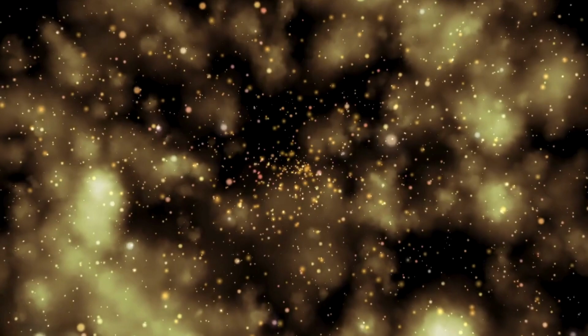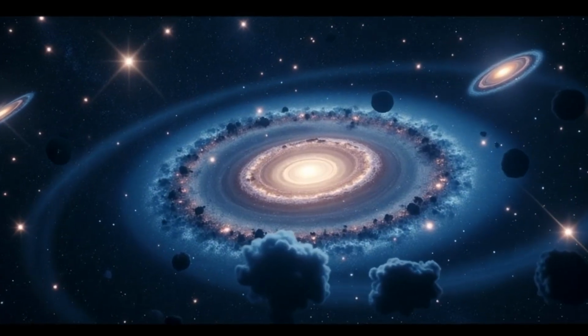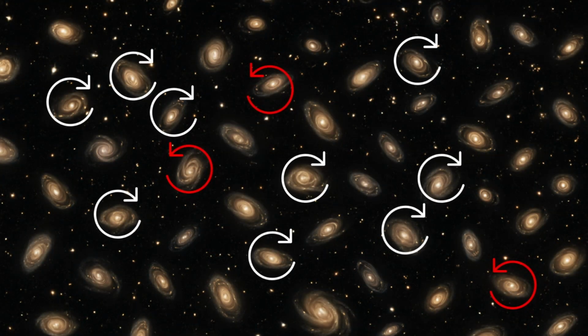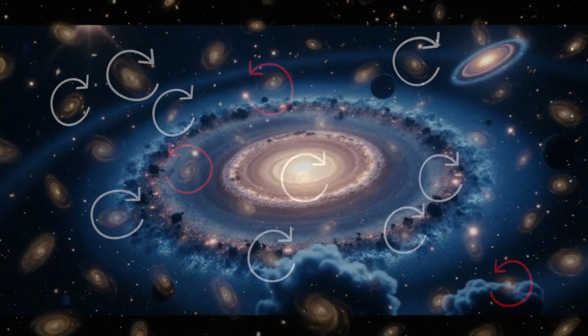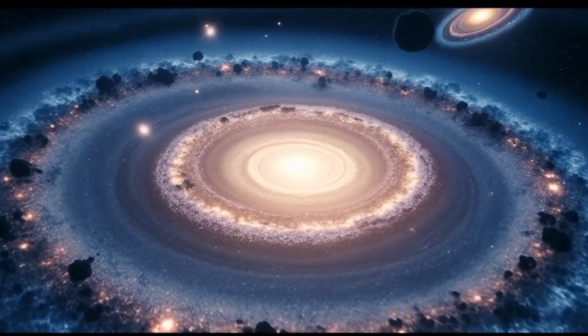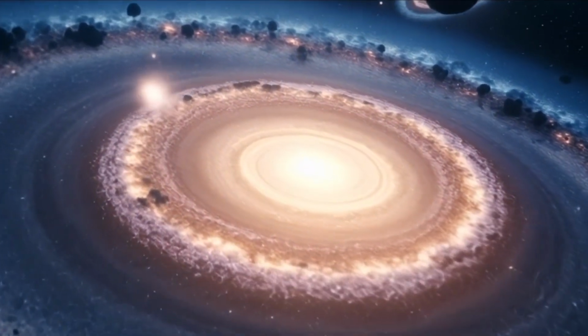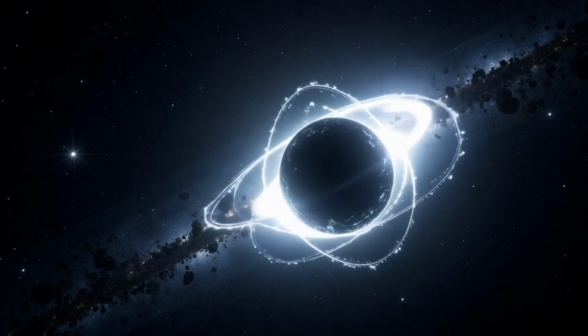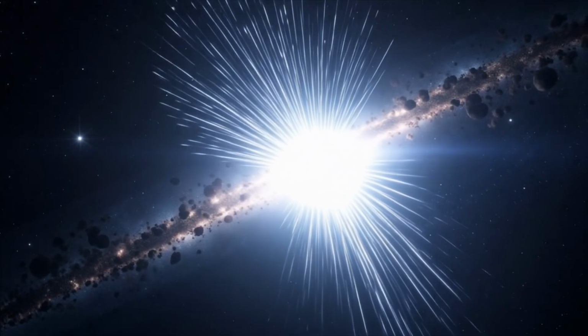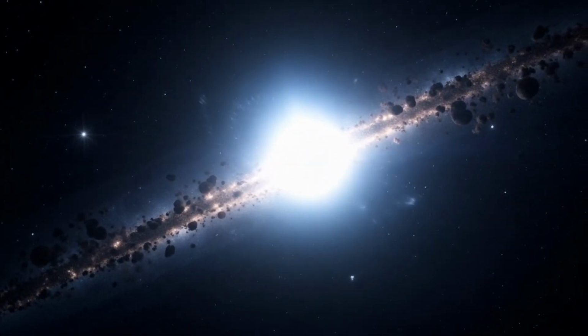Thanks to this information, cosmological models have begun to be re-examined. For example, we previously had very limited data on galaxy rotation directions. But COSMOS Webb observations revealed that about one-third of observed galaxies rotate in a counterclockwise direction. This suggests the universe isn't entirely random and strengthens some scientists' long-held rotating universe hypothesis. Some theorists have even taken this further, suggesting our universe might have originated from within a black hole. Of course, this remains speculative, but the high-quality data provided by telescopes like JWST has made previously daring ideas more